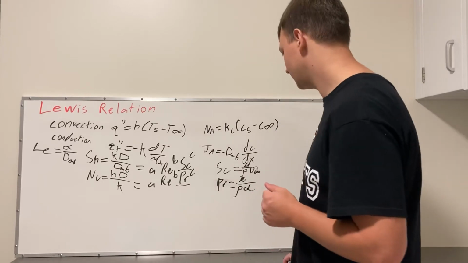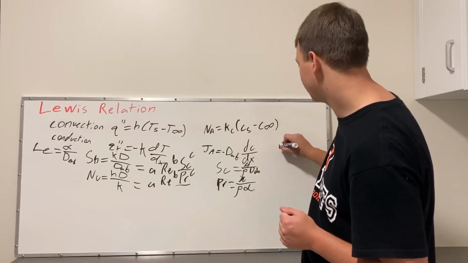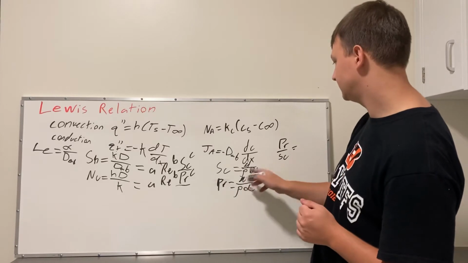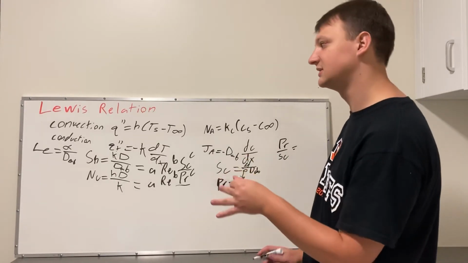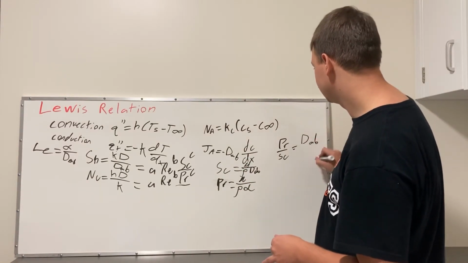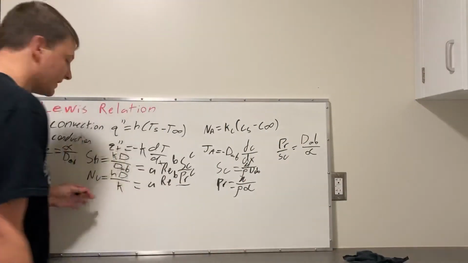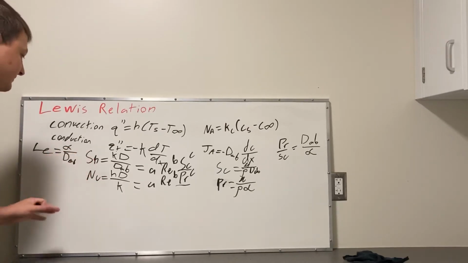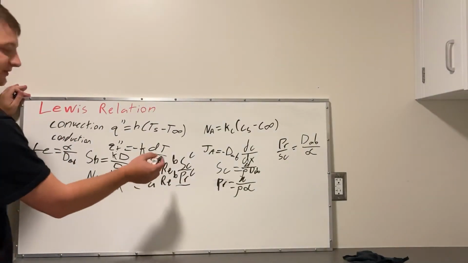Now, with that, we can cancel out and we can do Prandtl over Schmidt, which after these two cancel out gives you the opposite of the Lewis number, which is the mass diffusivity over the thermal diffusivity. So if you come back and you look at our Sherwood and our Nusselt, which we originated with, and you do the same thing, putting the Nusselt on top of the Sherwood,